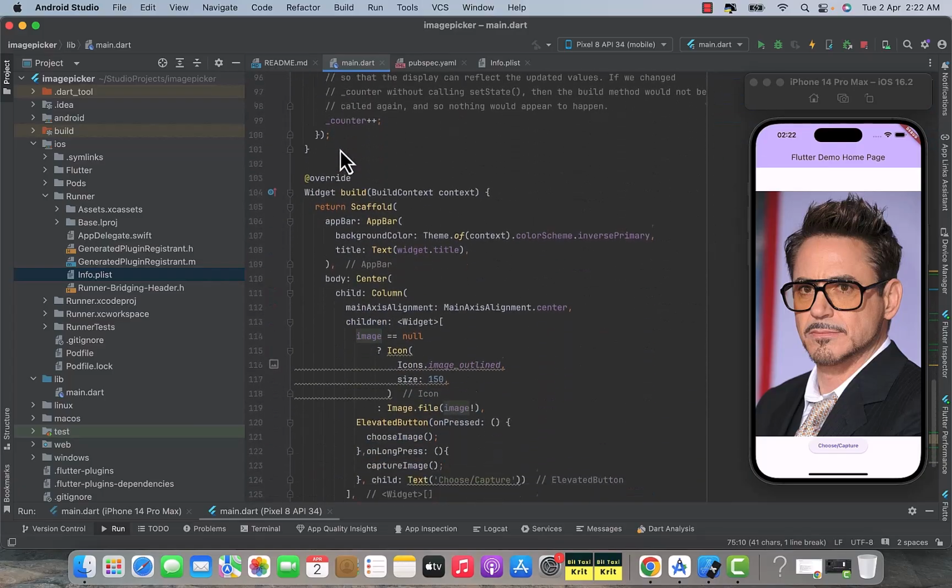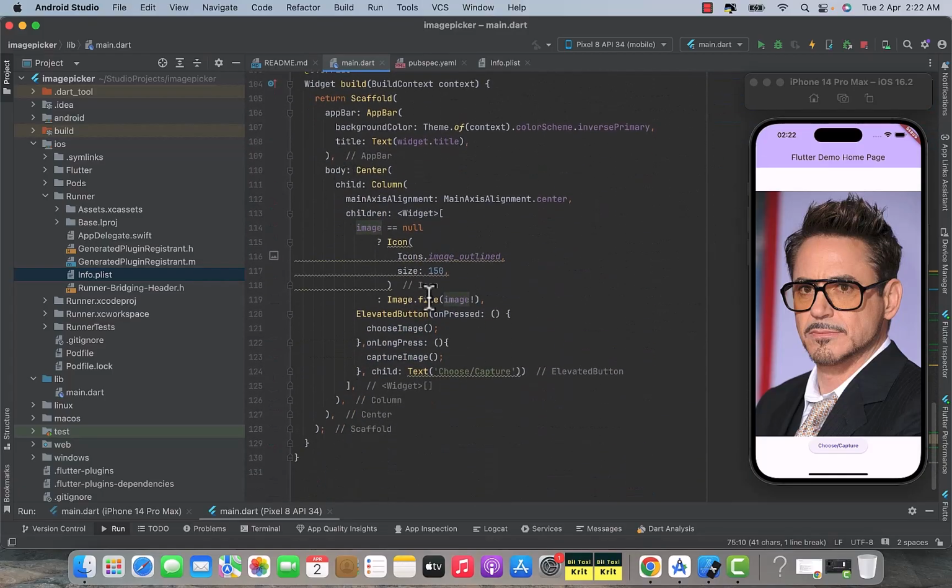and we are using this image variable in the GUI to display the image. So there you can see we are checking the value of this image variable, that if it is not null, then we are going to display the image stored inside this variable. So that is the reason that once the user chooses or captures the image, the selected image is being